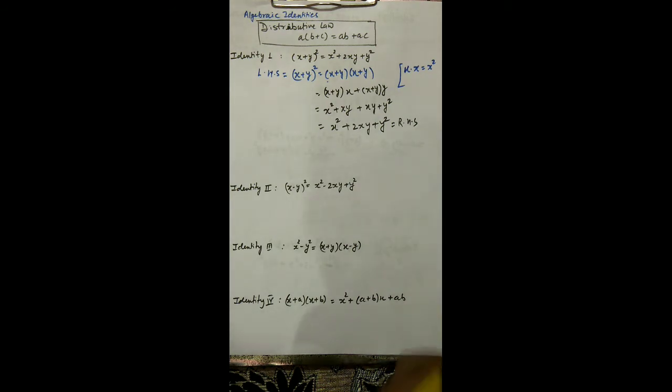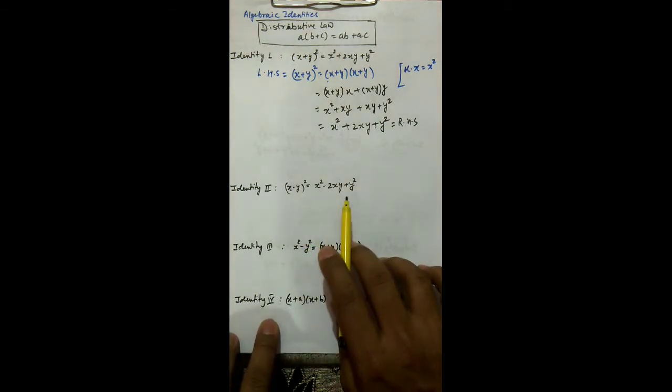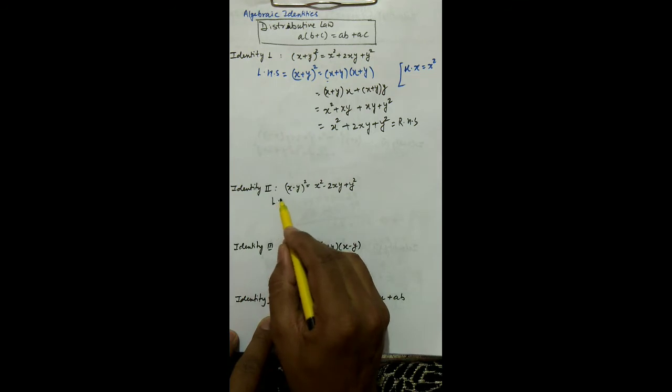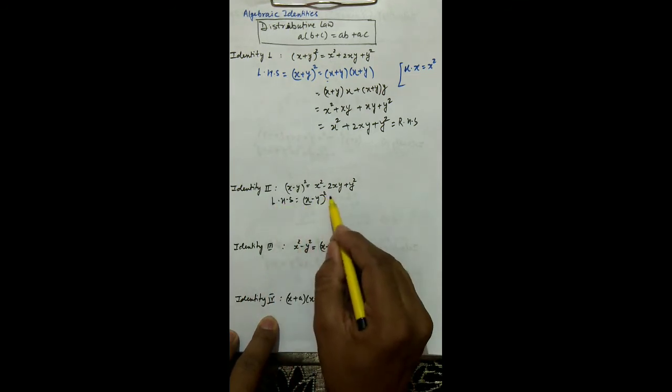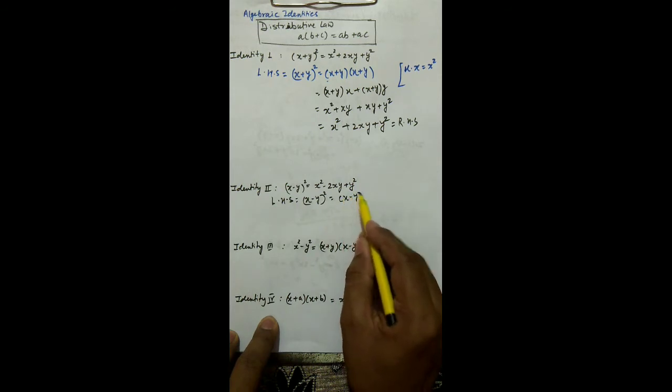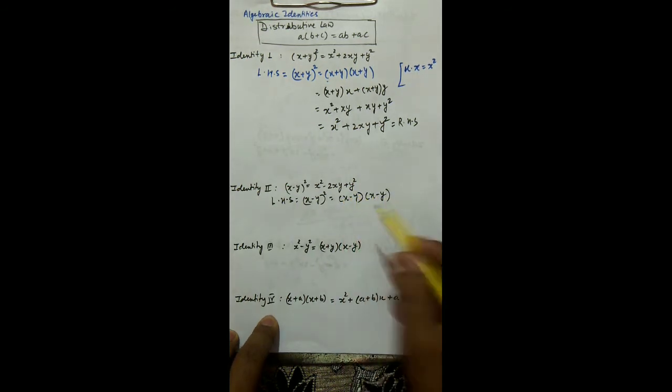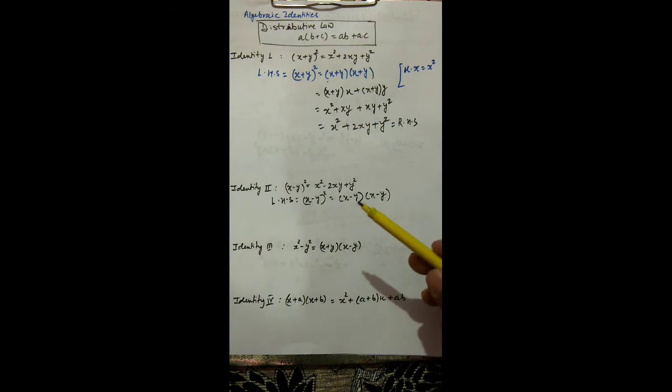Now you can try this yourself. I'm just giving you a hint how you can start with this: (x - y) whole square. Again you can write this as (x - y) and (x - y) also. And I'm going to ask whether you have solved all these from your side or not, and what other practice or other ways there are to show that this equals this.